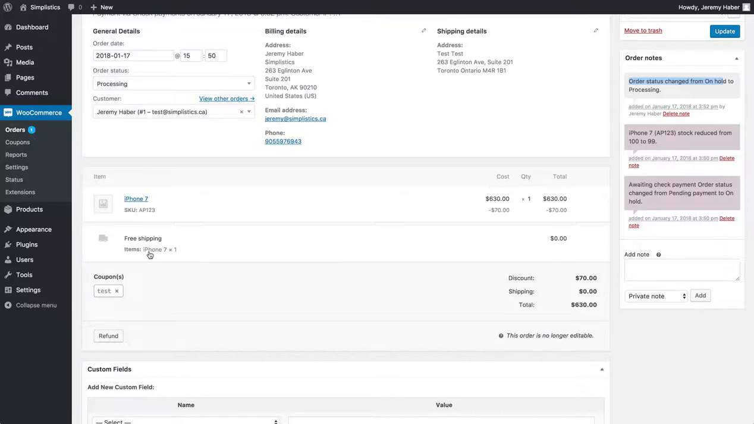So for example, once an order is in place, let's say you want to change the iPhone 7 to a different product in this list or add another item to the order. You can't do that as payment's already been processed. But if we set this order back to pending payment, we can come in here